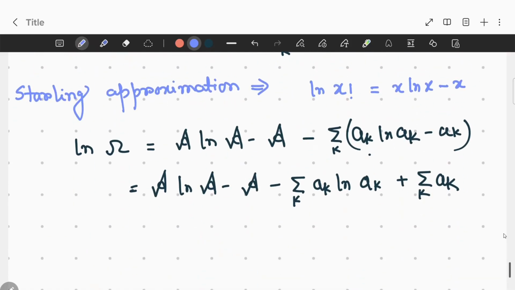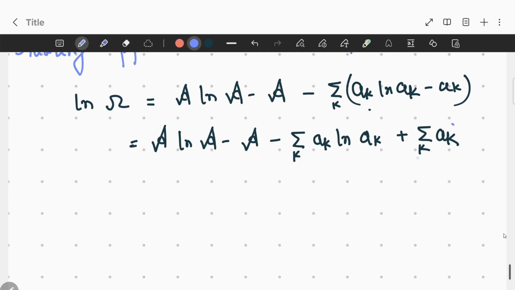So you can write this value. What is this value? This is actually total A, capital A. So this will cancel. This will cancel. So you can write